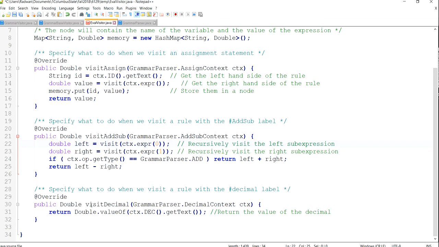If it's decimal, what do you do if it's decimal? So you're going to override another method. Just return the value of it. Right? There's no recursion needed. I know it's a decimal. I just visit that token. It's decimal. What do I return? I return the double value of that decimal. See? Now, finally,